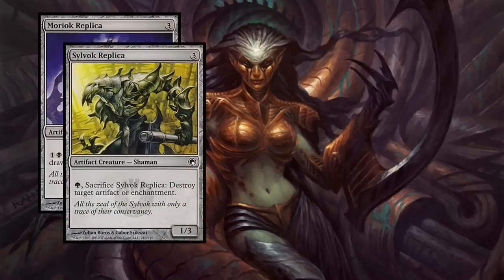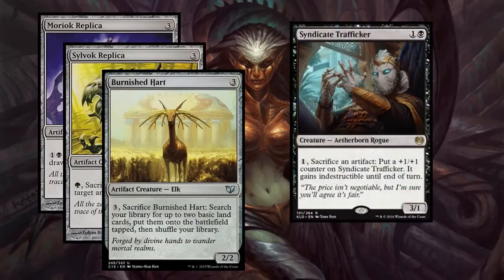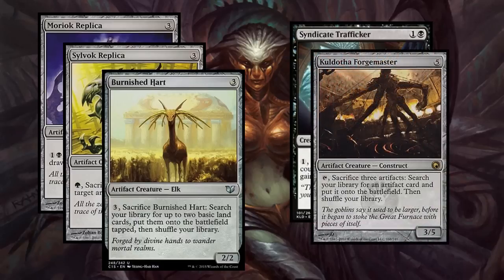And along with that, Sylvok Replica, which can destroy target artifact or enchantment. And I already mentioned the Burnished Heart. Now, none of these are a great rate. You know, they're a little bit overcosted, but they have that artifact creature synergy that could go really well with this deck. There are a couple other good strategies, like this Syndicate Trafficker, which can sacrifice artifacts,